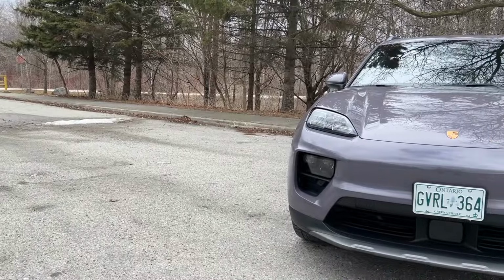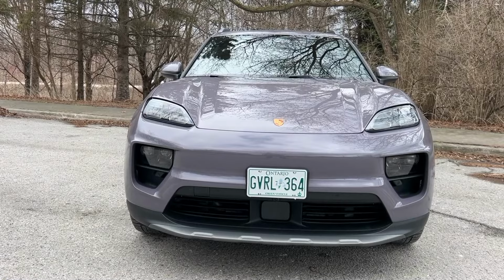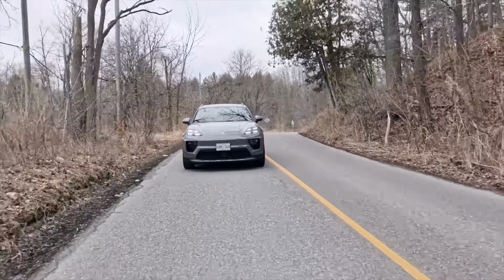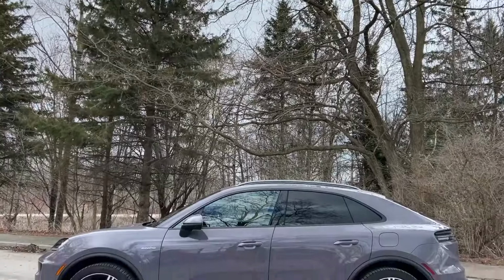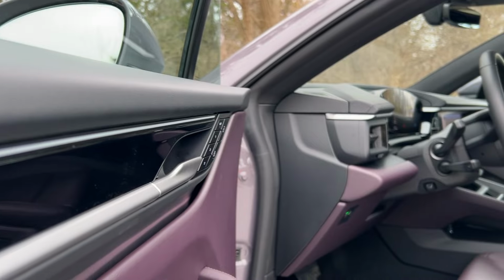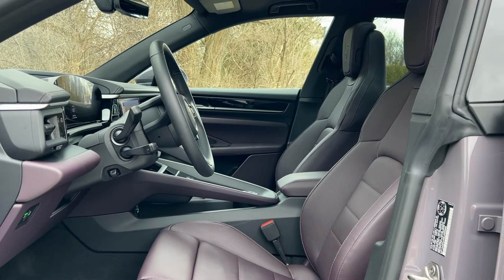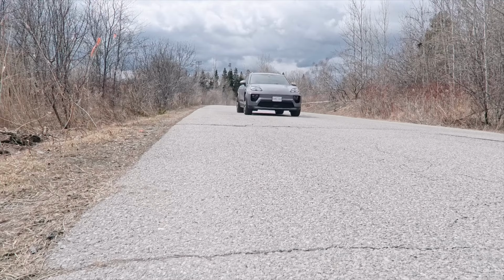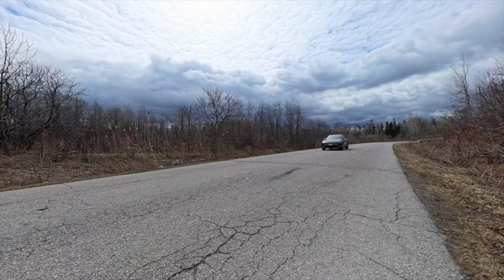It only has about $14,000 worth of Canadian options, and almost half of that is just visual. The exterior paint, the interior color scheme, the big wheels, and the rear wiper. Options are slightly different between markets, so I can't give you an exact price for the US side, but yeah,